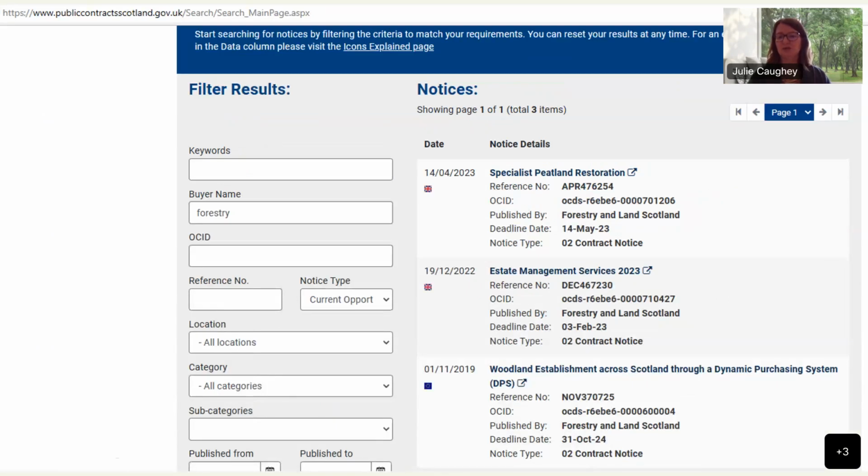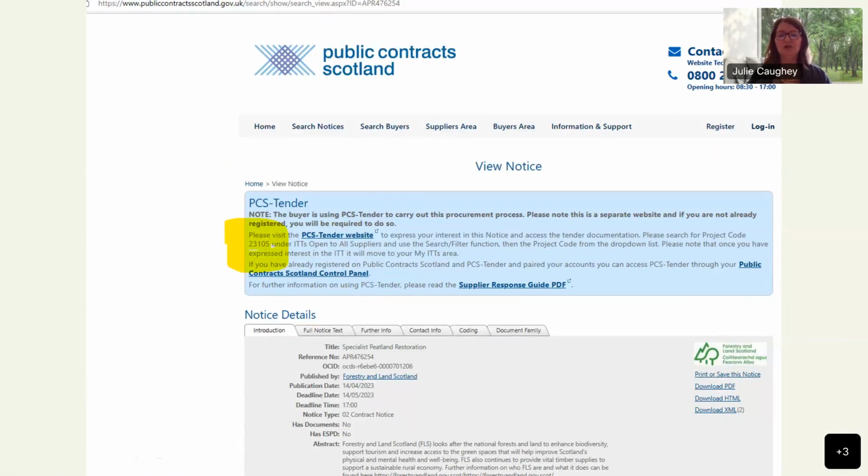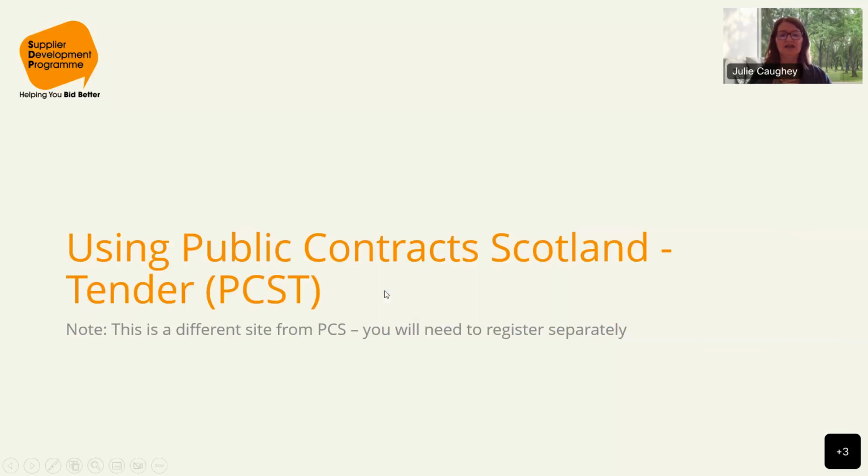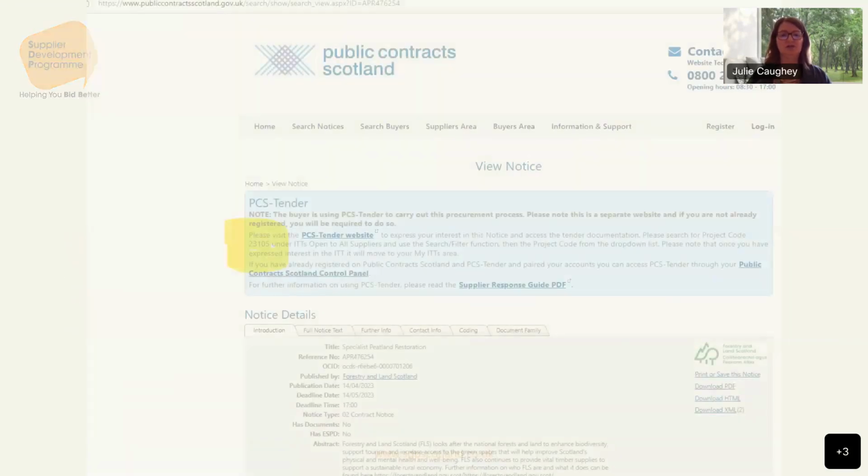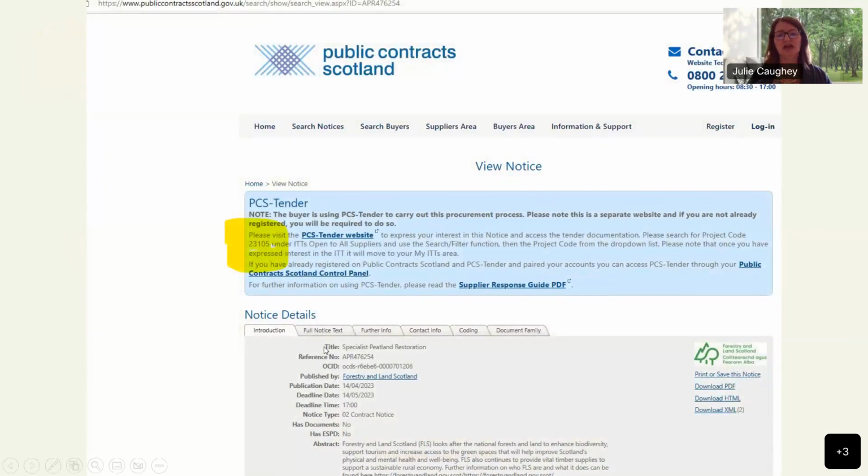And then magically what comes up is there are 3, one of which has expired. And we can see here this one's the Specialist Peatland Restoration, which is the one that we're talking about today. Now, anything in PCS that's that dark blue happens to be a link. Hold on, something's opening up on my screen, which is just one of these things. That's it, right? When you click on that blue highlight, it takes you back to the actual advert,